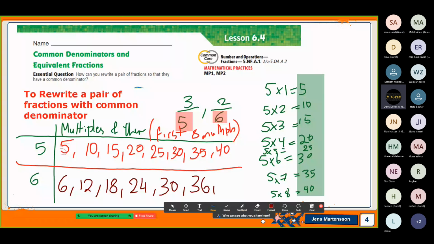And 6 times 8? 48. So the first step, as I told you now, you have to write the multiples of 5 and